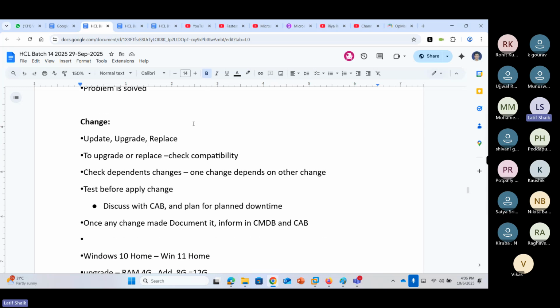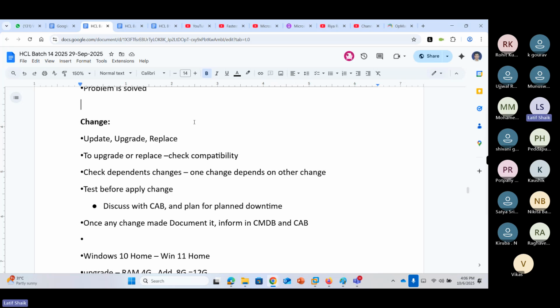Problem management also sometimes involves change management. So what is change management? Updations, upgradations, replacement. It can be any change: hardware related changes, operating system changes, code changes, application changes, database changes. In simple terms: update, upgrade, replace. To do any change, first you have to define why we need to do this change.